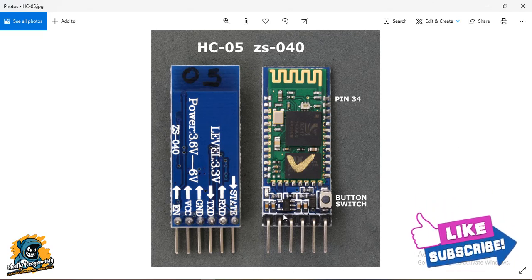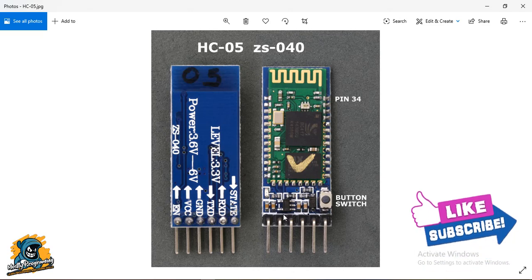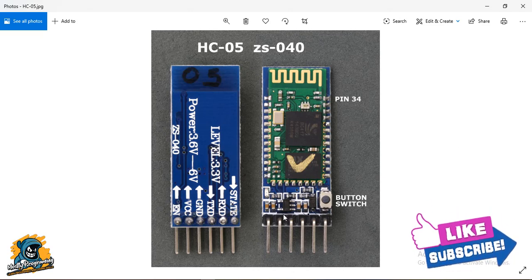If it is blinking repeatedly, non-stop, then it is waiting for connection in data mode. That means we have not established the Bluetooth connection yet with the module. If it is blinking twice in 1 second, that means we have established a secure connection in data mode. So now we can proceed with our Bluetooth communication.